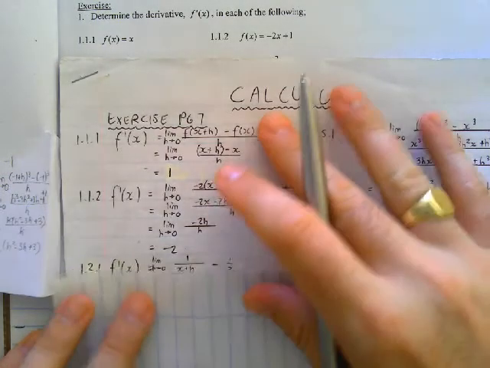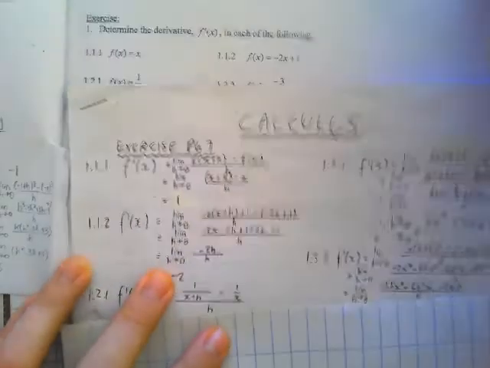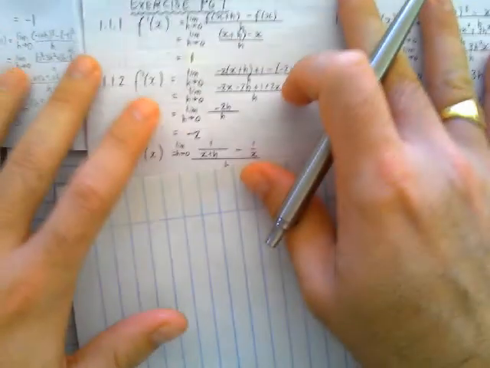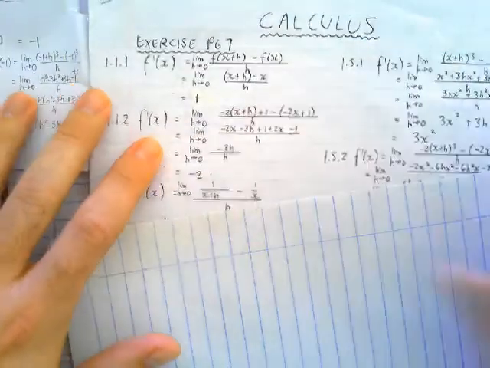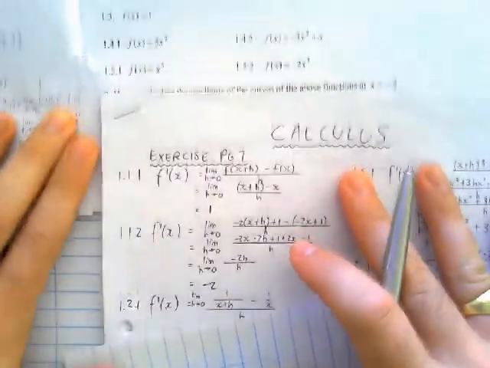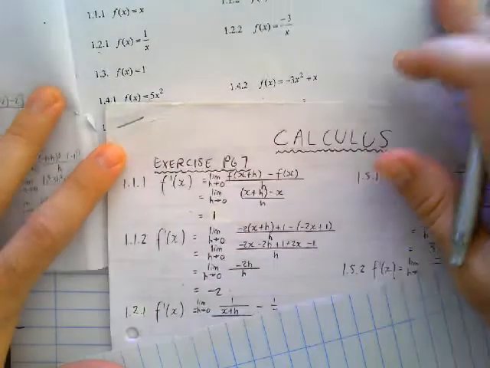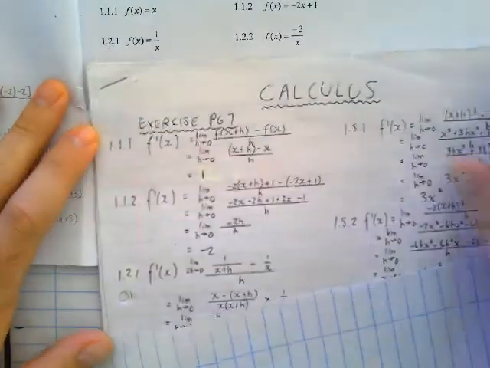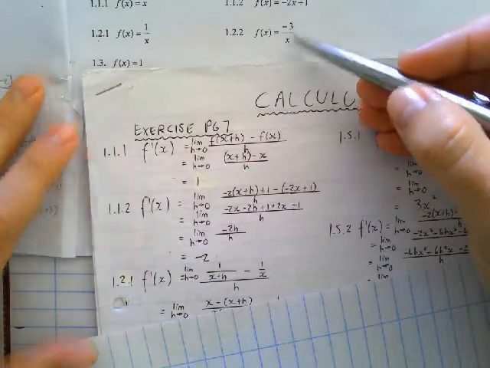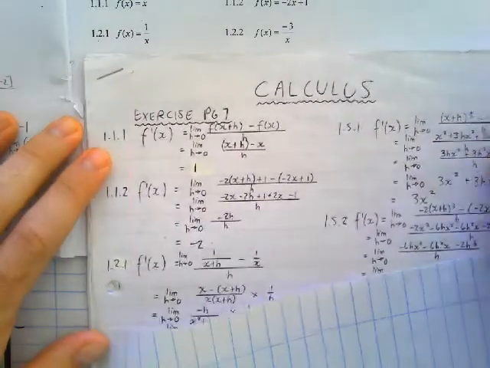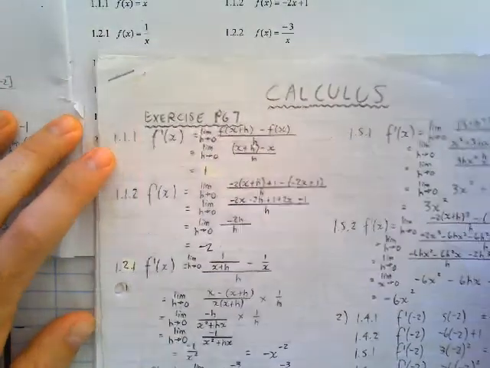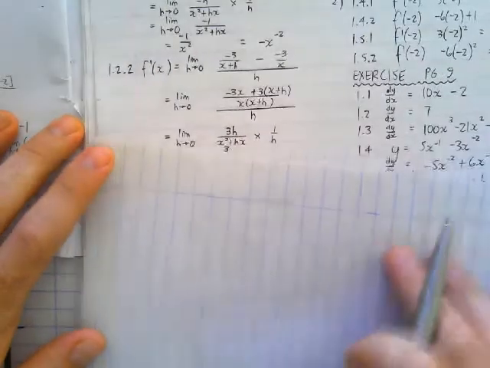So bear that in mind for when we get further down the line just now. Right. For 1.2, the question said, where can you see it? The question said 1 over x, and 1.2.2, negative 3 over x. So both of those are hyperbolas. So when we go to the answer here, for 1.2.1,